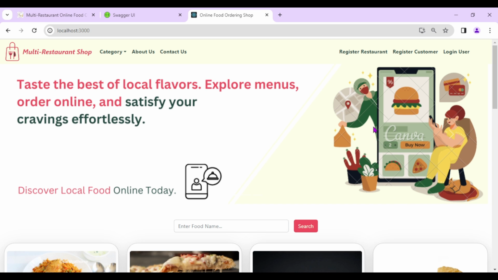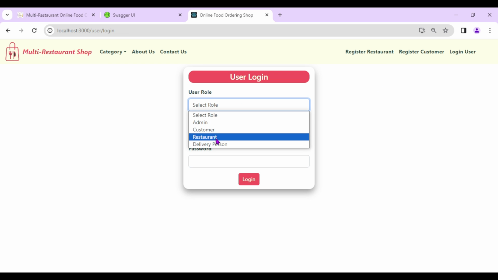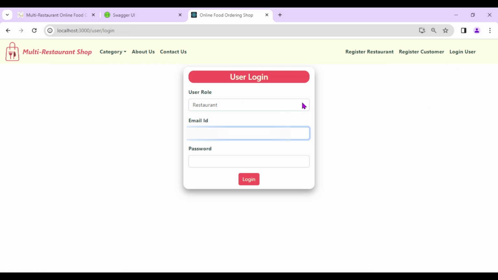But as of now, from here we can register into the system, which I have also shown in that video. So now I will log in with the restaurant. I will log in with the restaurant 2, which I had registered earlier. So I will use the same email ID and the password.